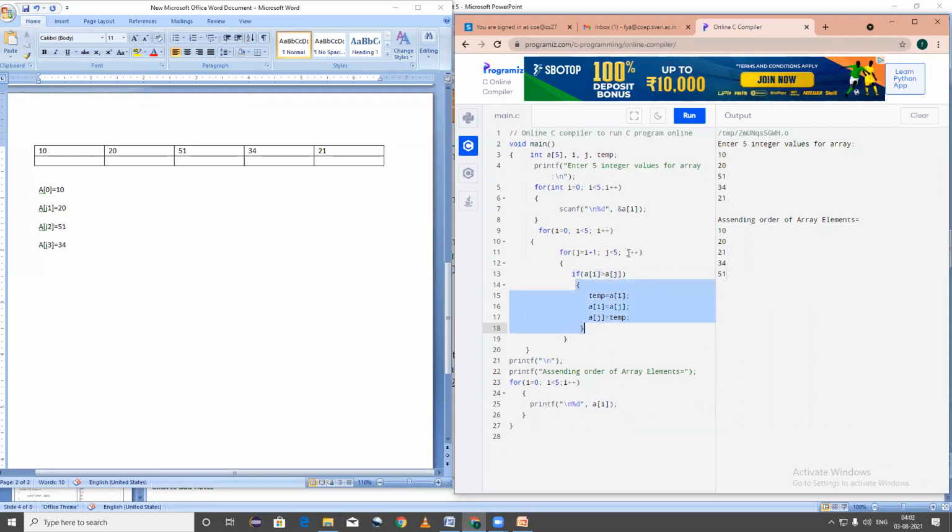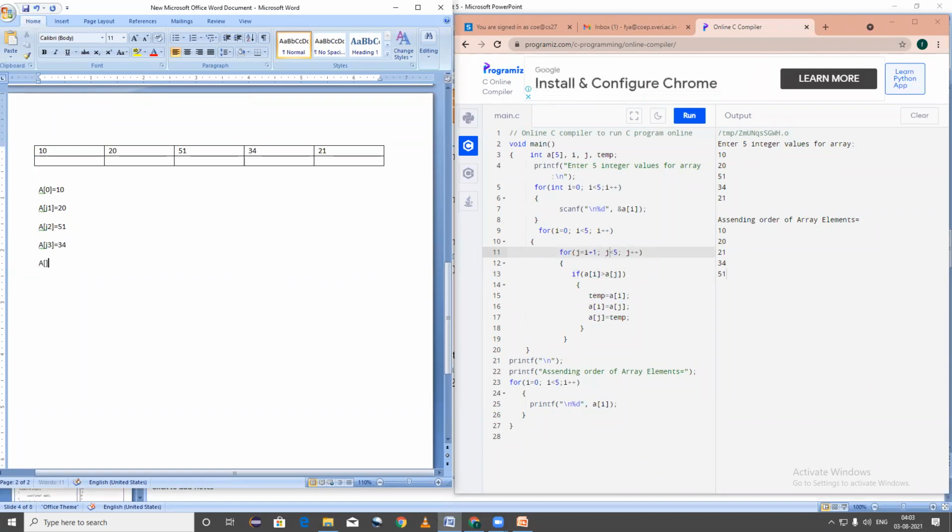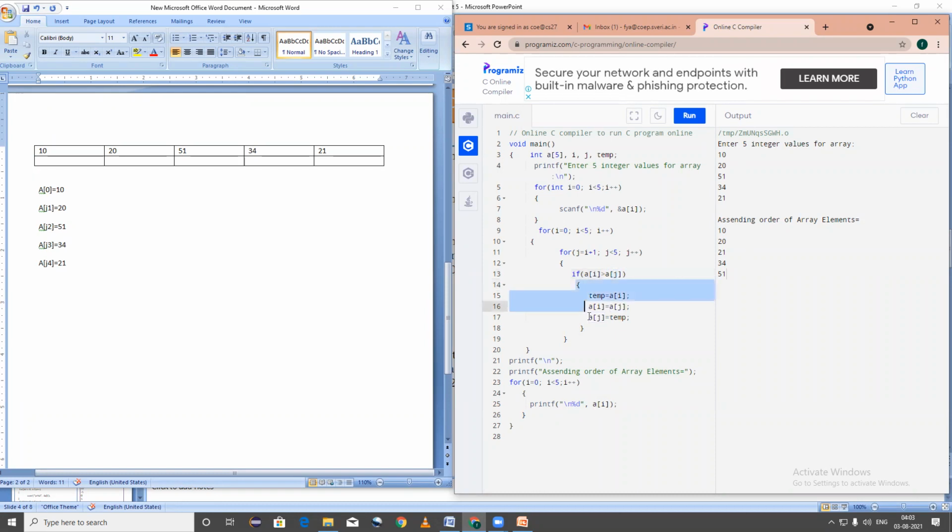So again it will not execute this loop. Again it will go and increment. Now 3 plus 1, 4. What is the value of j of 4? 21. 21. Okay. So again 4 is less than 5. The condition is true. Now here I am having 10 greater than 21. Again this condition is false. So it will not execute this loop. Now it increment the value of j plus 1. Okay, 4 plus 1, 5. Now 5 is less than 5. Is this condition true?